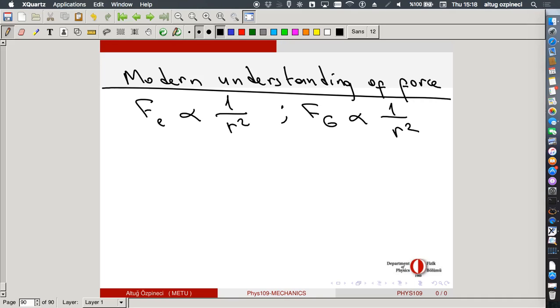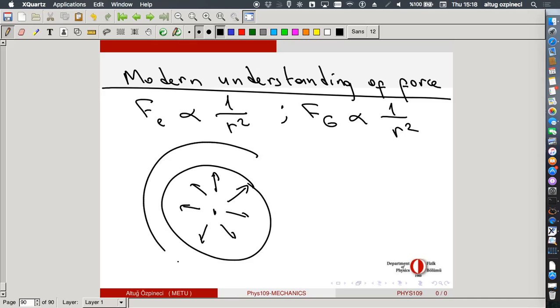But since we are both emitting photons in every direction, the density of the photons that reaches me from him, you see, all the photons will be distributed more or less uniformly on the surface of a sphere. He emitted them, they are moving in all directions, so they will be just moving on the surface of a sphere. The sphere will be just getting larger and larger. So if he is here, he is emitting photons, they are moving in all directions. If I look at all the photons that he is emitting at the same time and their position at a later time, at some time they will be here, at the next time they will be here, so they will be just moving outward.